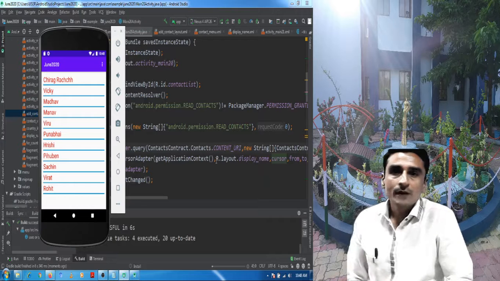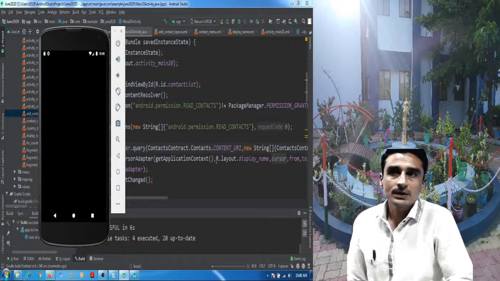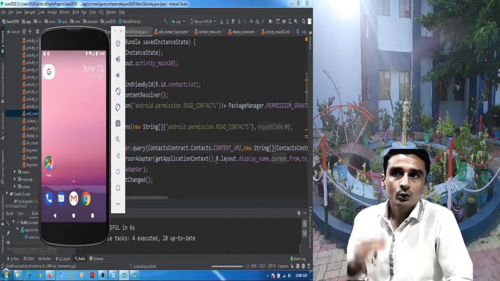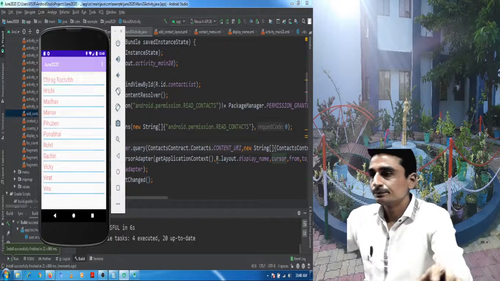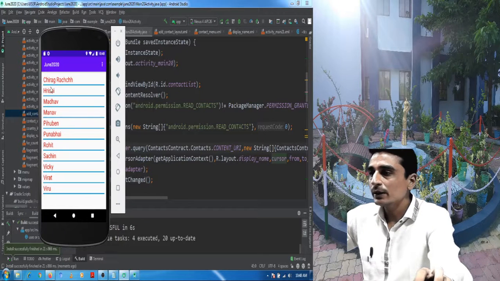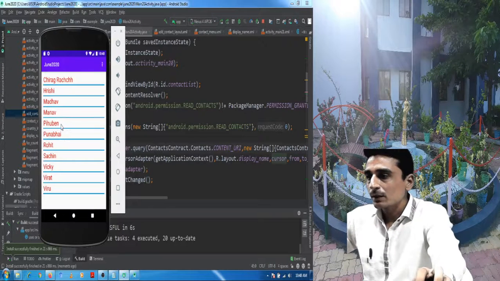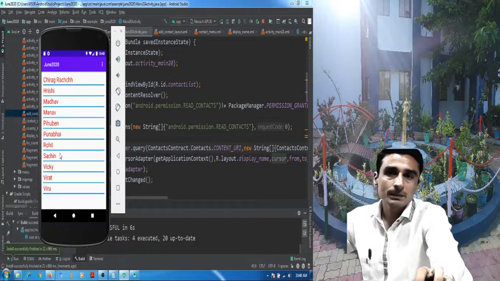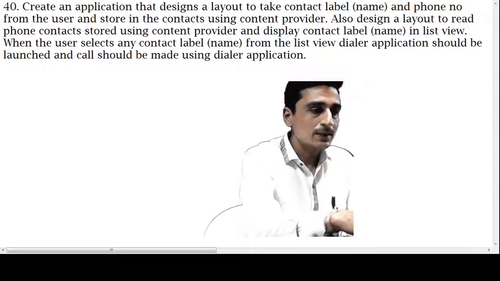The next part of this video I will share shortly, and in that video we will perform the remaining part of this application, that is dialing, to perform the dial operation on the selected or clicked contact. You can see here all the records shown are in ascending order of the display name. Now what we have to do next is that whenever the user clicks on a particular record, that record should be opened in the dialer application. The contact number associated with that contact should appear in the dialer application. So that is to be performed in the next video.